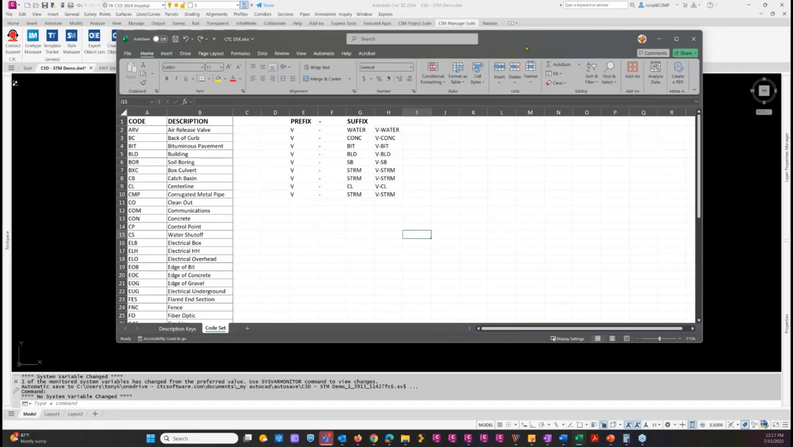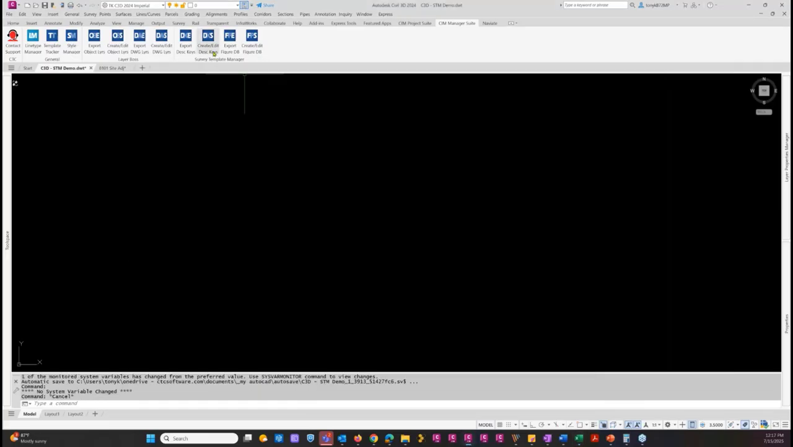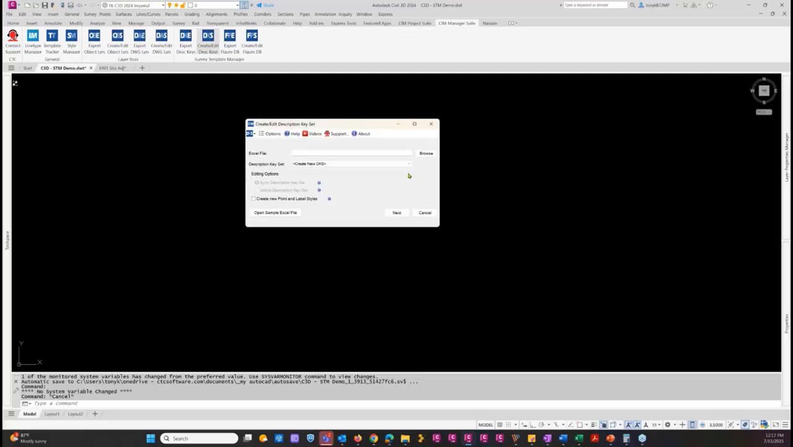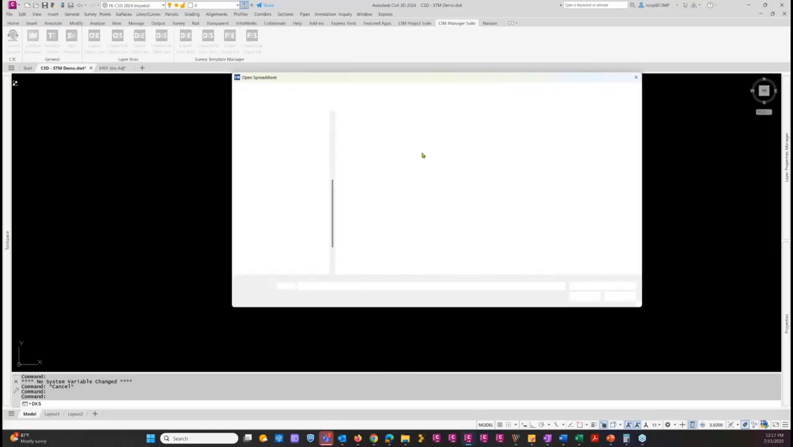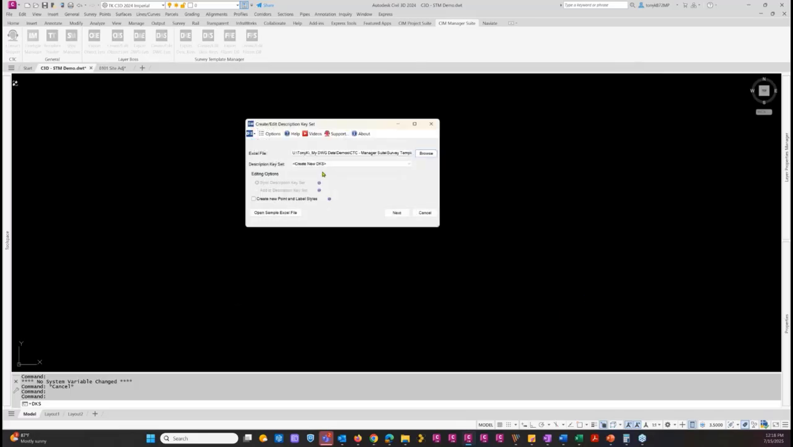So what happens when we do this? Okay, so we know that we didn't have layers in here, and some of those point styles were not available. So I'm going to hit the save here. And then I can come back here, and now this is where I get them from. So now that I have one, I have this guy right here, CTC description, code set, and I want to create new point styles and layers. And if I hit next,